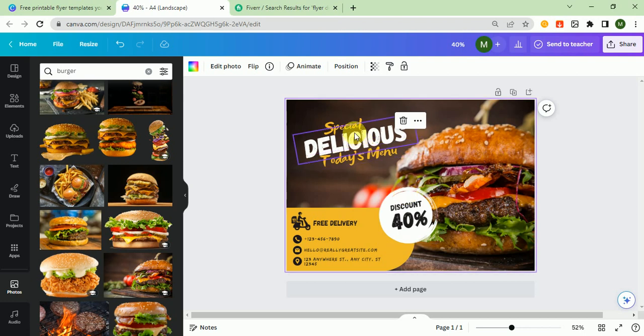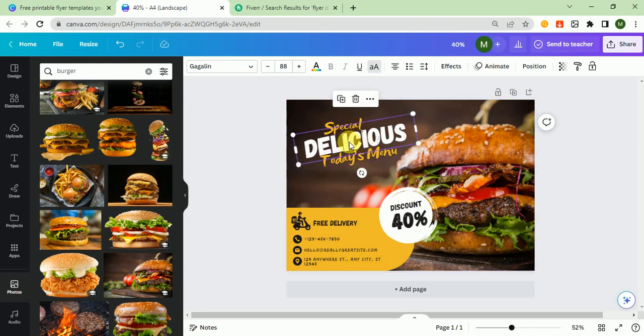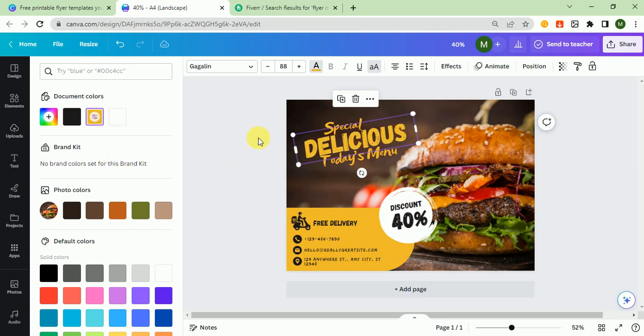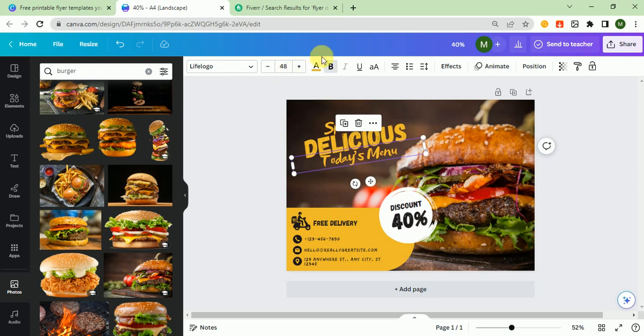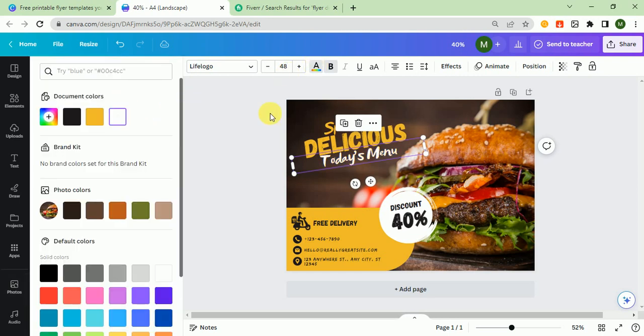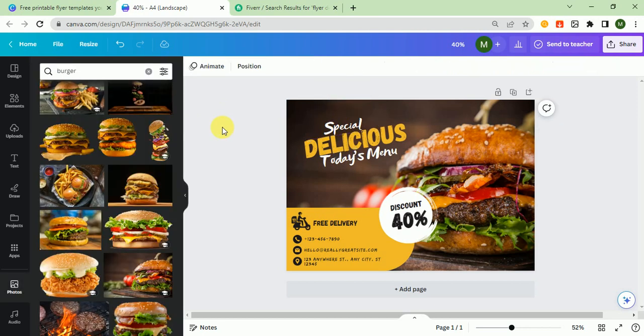You can also change these colors. I think this looks good, and